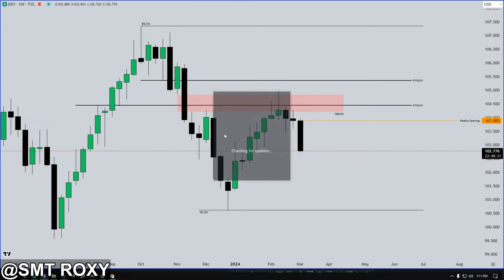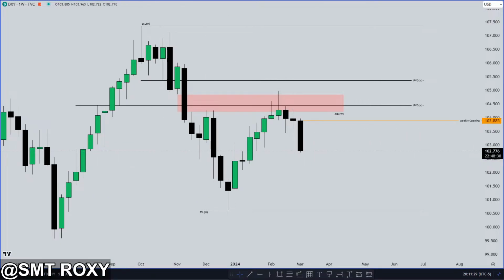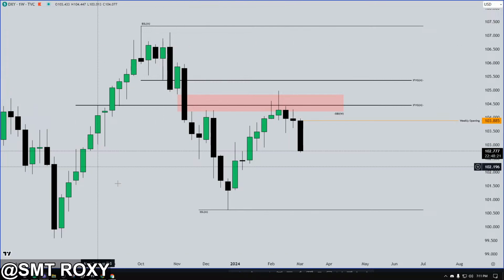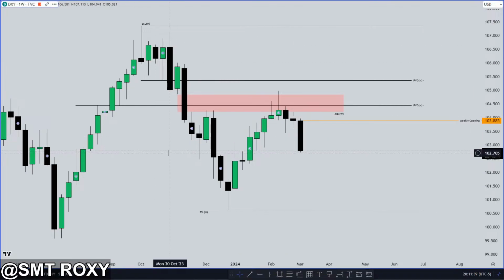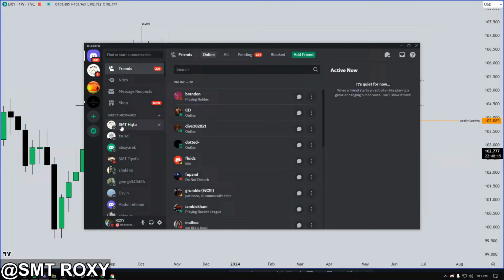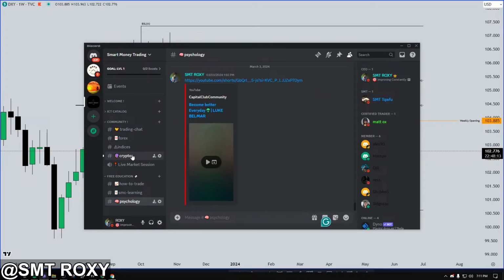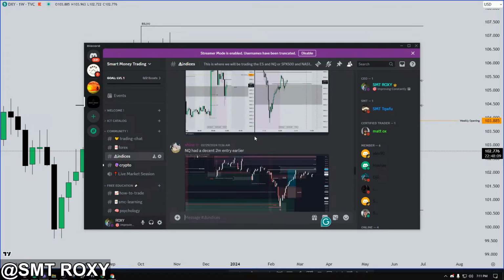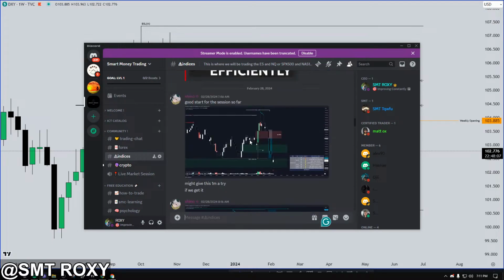Let me see if I have Discord loaded up. Yeah, no, I don't. So let's see. All right, hold on, I'm about to close it, actually. Oh, nope. All right. Hopefully it doesn't load up everything right here. Please go to the side. Yeah, I did. All right, cool. I still need to check Discord, but let's see if I got our indices. I think I called it. Yeah, I did call it.